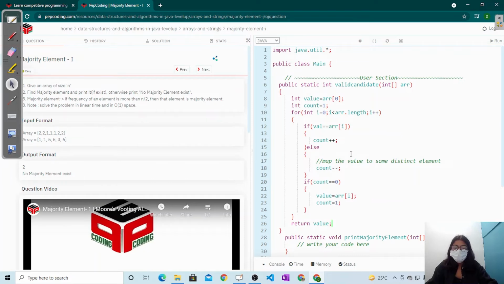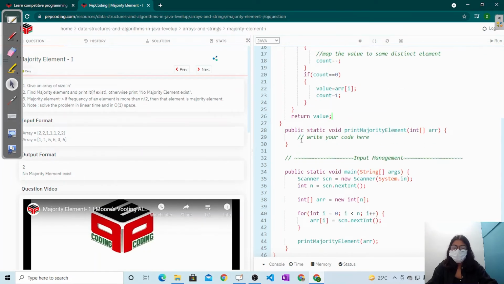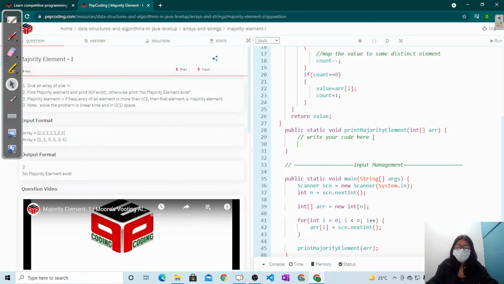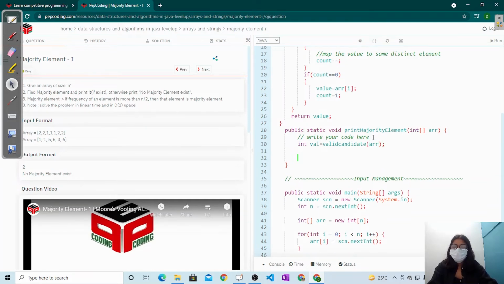Okay, all right. So now in this method I will make a val variable which is going to hold the valid candidate. I'm going to call this method valid candidate ARR. It is going to return a valid candidate, then I'm going to check for its frequency now.